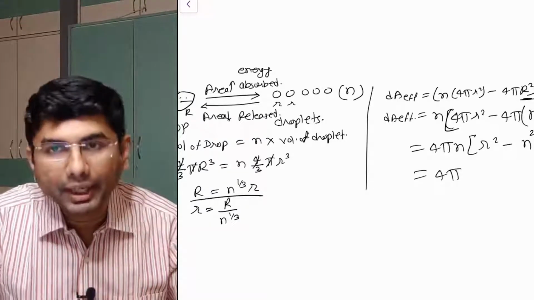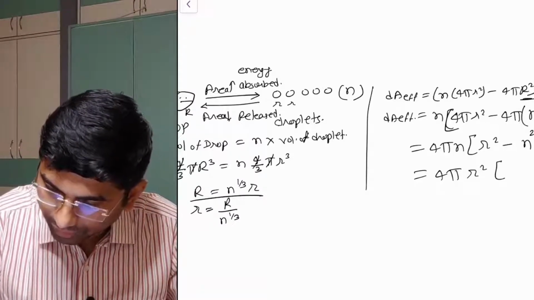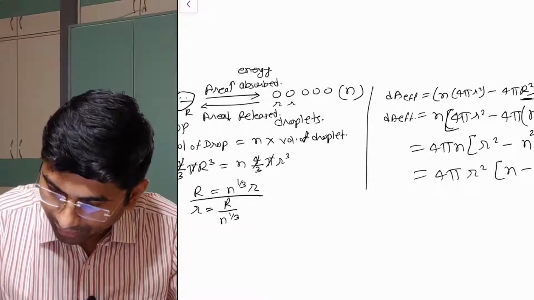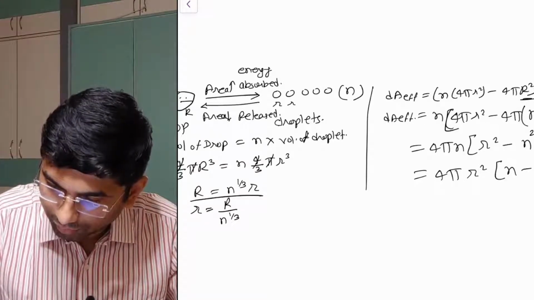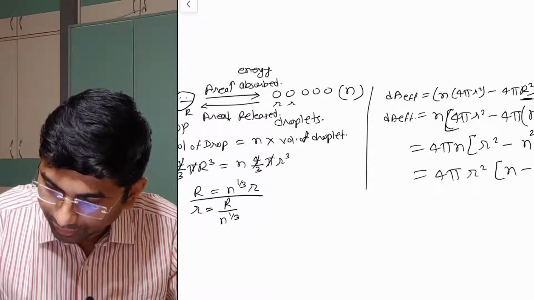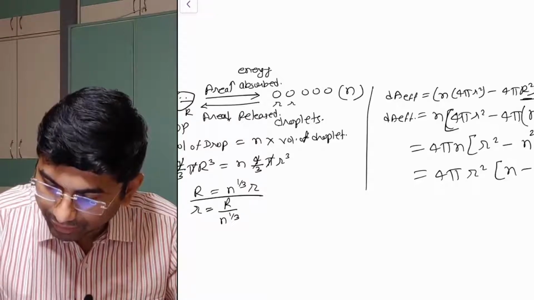Now this n can be taken inside and r square I am taking outside. Now here it will be n minus, here it will be n 2 by 3 into, again there is another n which is coming here,